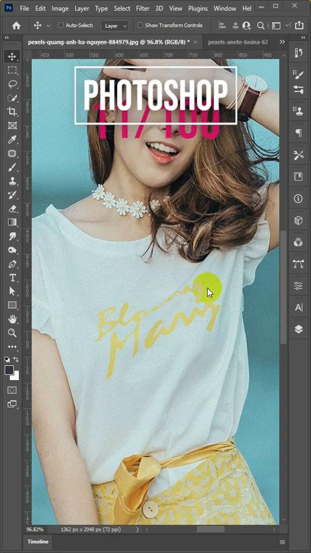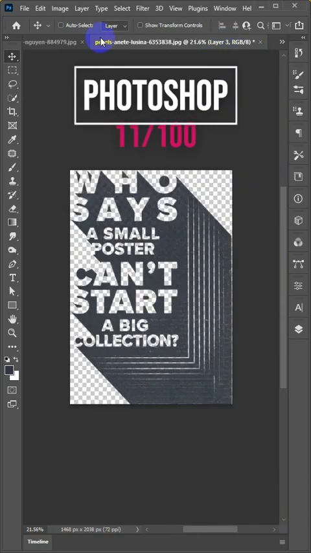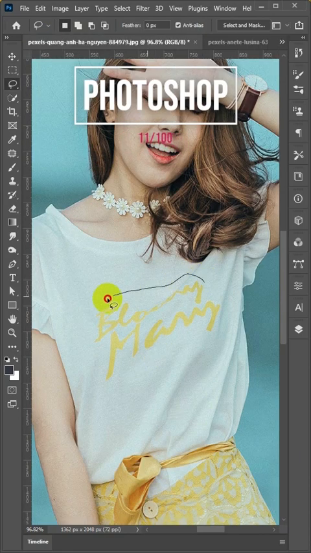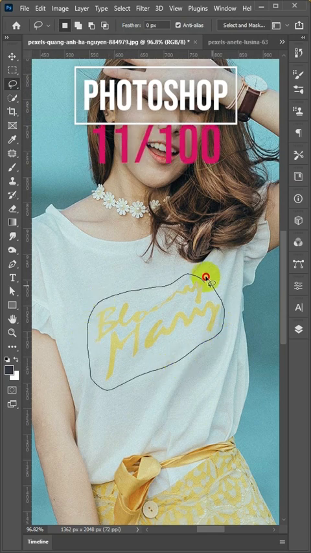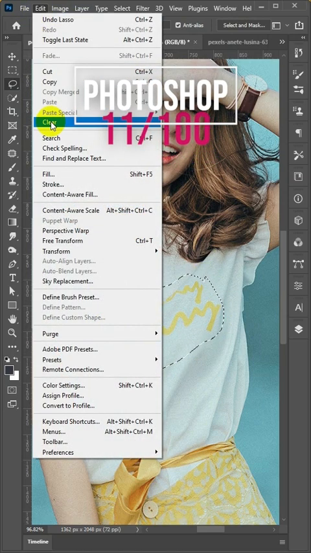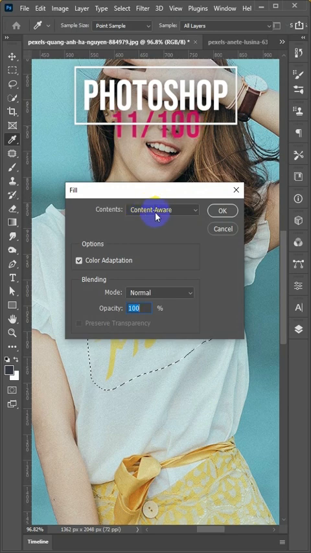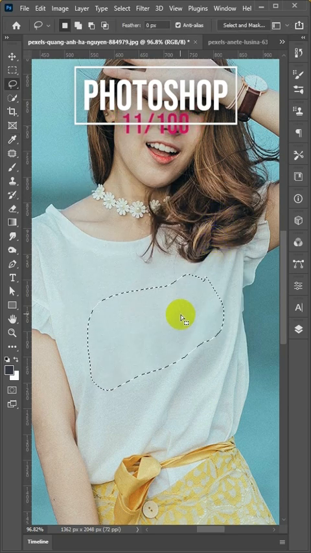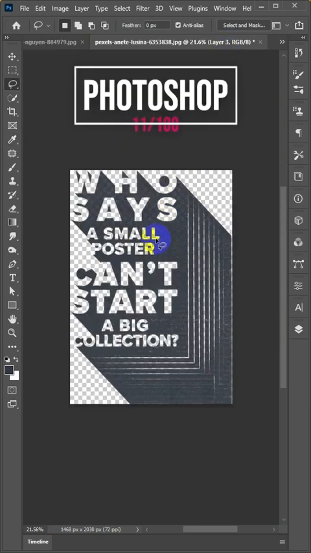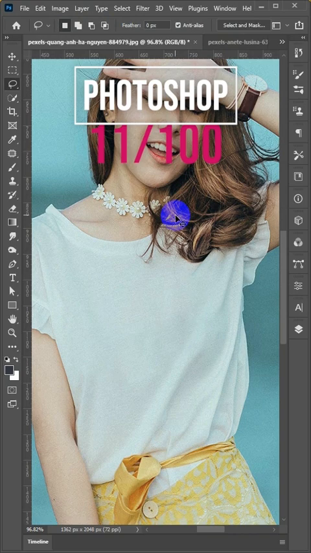Today we will see how we can remove this logo and place this logo here. First we need to select the logo we want to remove. Go to Edit, Fill, select Content Aware, press OK. Our logo is removed. Then go to the logo we want to place, Ctrl A, Ctrl C for copy, then place